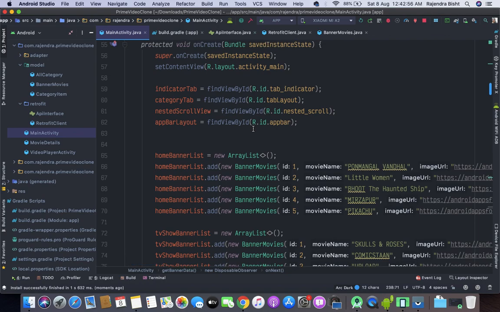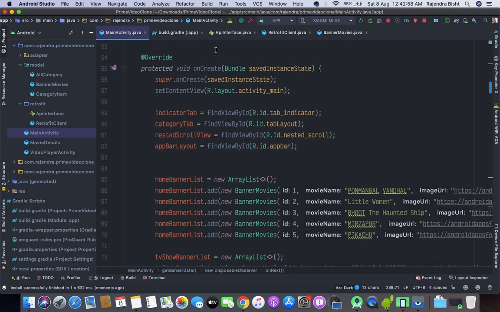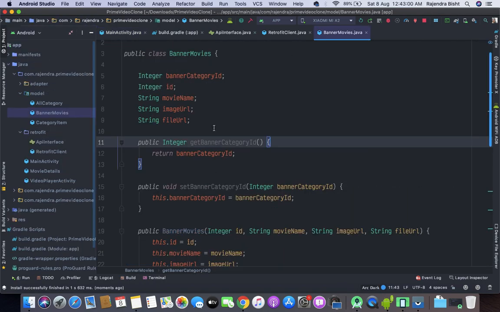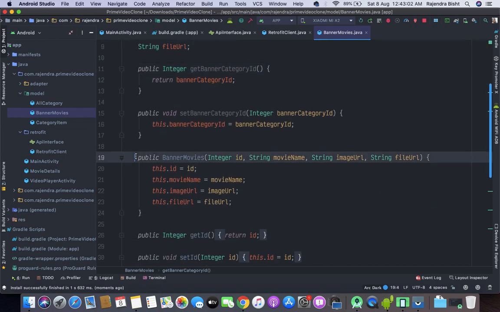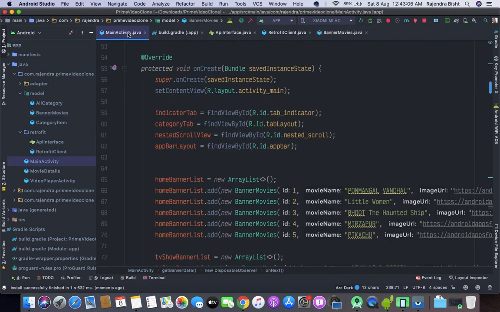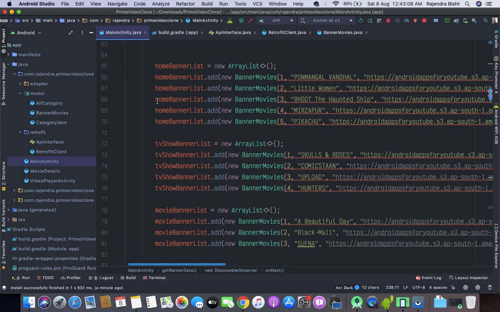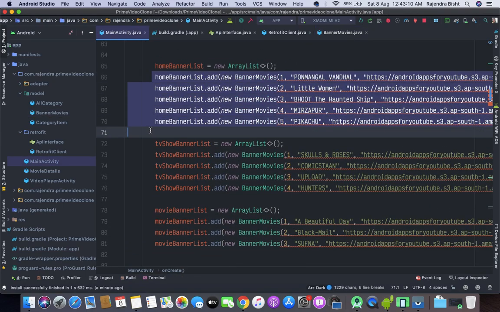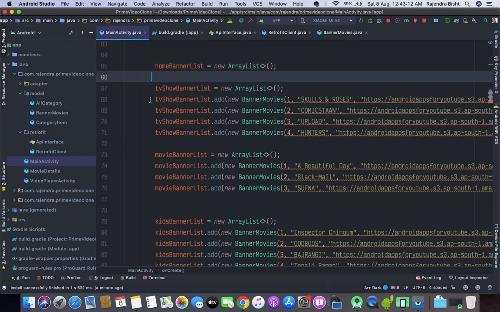So now I am just going to remove the getter setter here, and inside the main activity I will remove all the data.